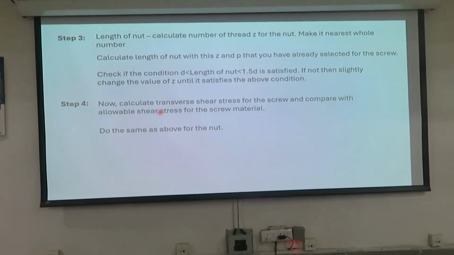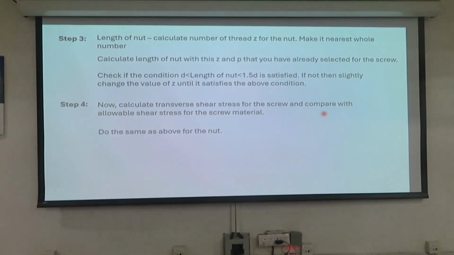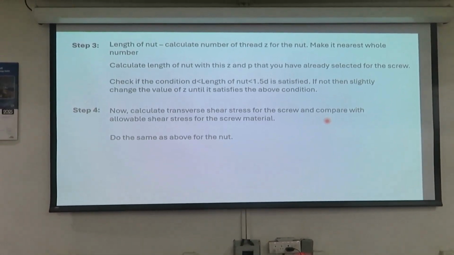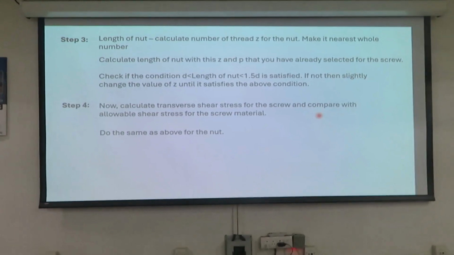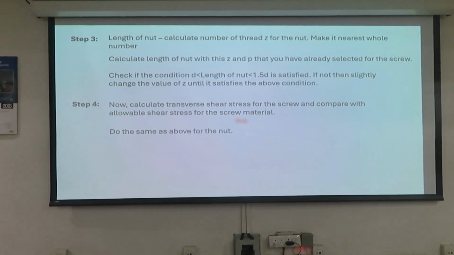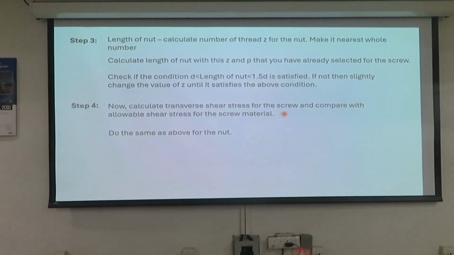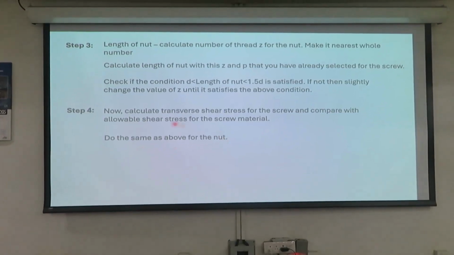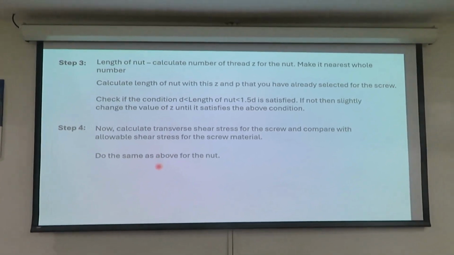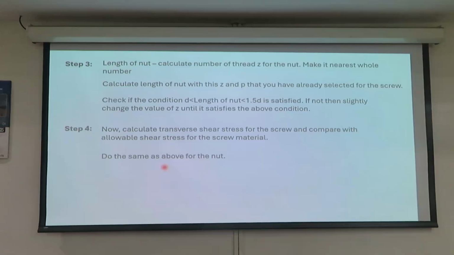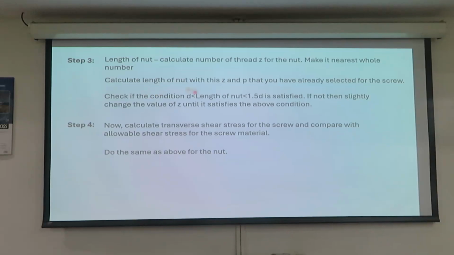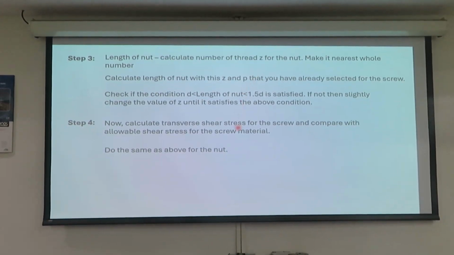And step 4: now calculate the transverse shear stress for the screw. Transverse shear stress is basically because of the load. The load is being applied on the thread, so the thread is subjected to shear stress. So load divided by the area, and you compare with allowable shear stress. Do the same as above for the nut. So if you do all these things, and if all the conditions are satisfied, then your answer will be the D and P, the nominal diameter and the pitch. Okay. And using pitch